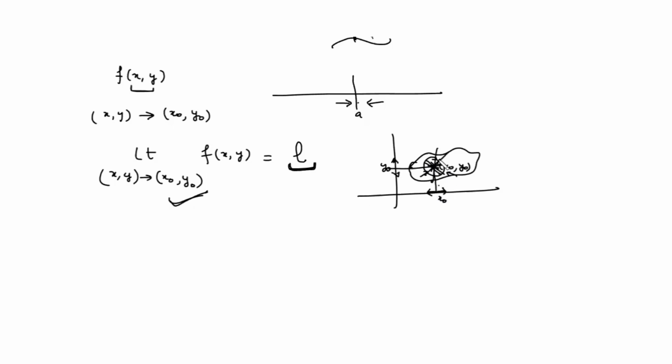But some directions will be such that the change is coming in x as well as in y. So all these are the directions from where your x is approaching x naught and y is approaching y naught. There lie infinitely many directions which pass through the point (x naught, y naught). This is the major difference in case of a function of more than one independent variable.